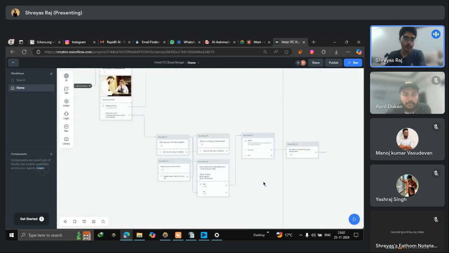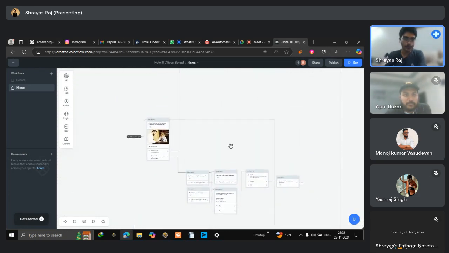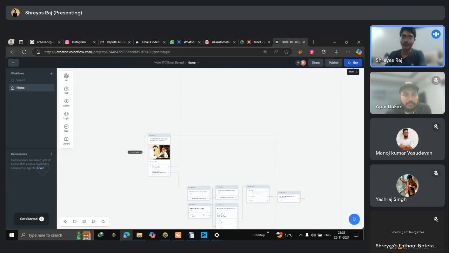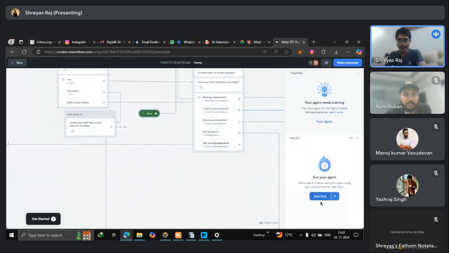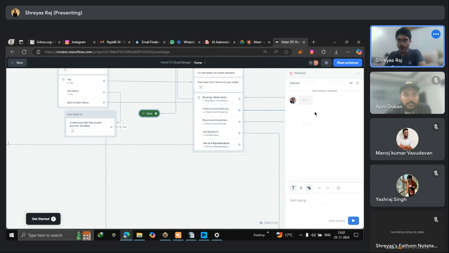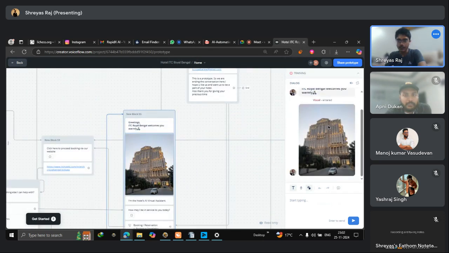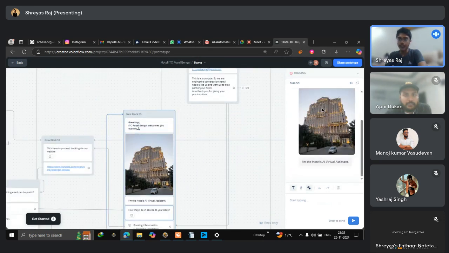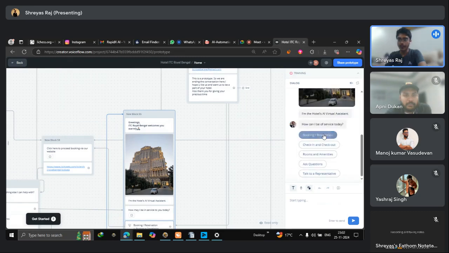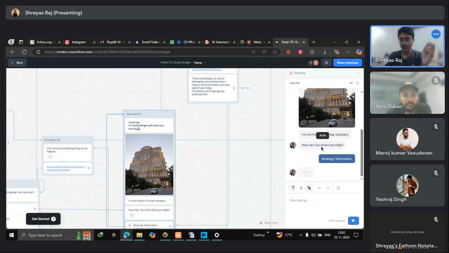So I'll just show you something. I'll just run this because this is a huge scenario. It starts with a greeting: welcome to ITC Royal Bengal, and we have a few options. Every function could be charged for. Here we have talk to representative and rooms, amenities, check-in, check-out. These are just basic information. But if I click on booking and reservation,